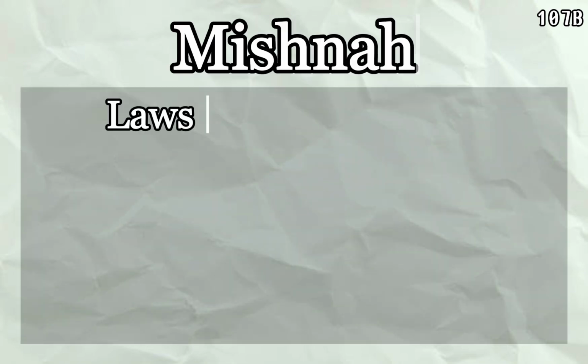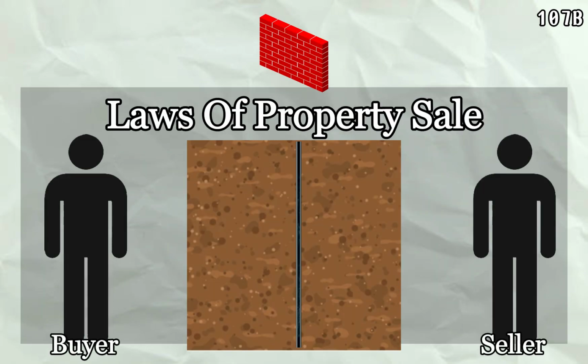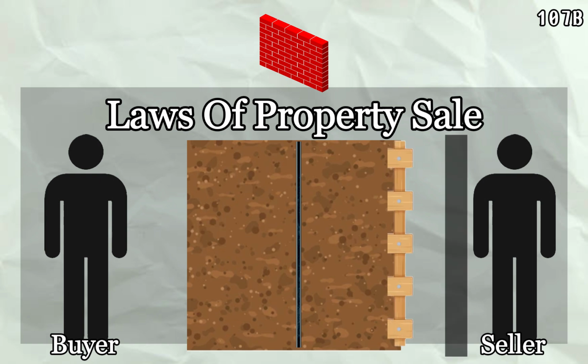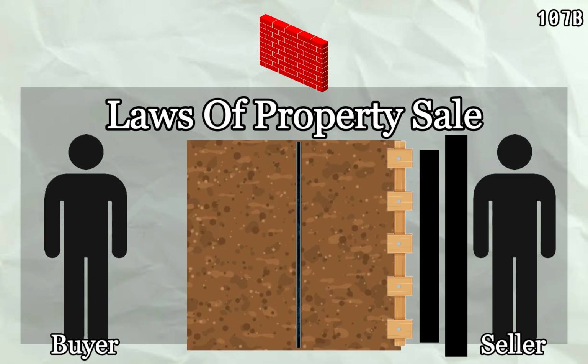If somebody sold somebody half his field, but didn't specify which half, the quality falls between them, which will be defined, and the buyer takes half. If the seller said he's selling the southern half of the field, the quality falls between them, and the buyer gets the southern half. Also, the seller must accept upon himself to make space for the fence, a wide trench, which is 6 handbreadths, and a narrow trench, which is 3 handbreadths.